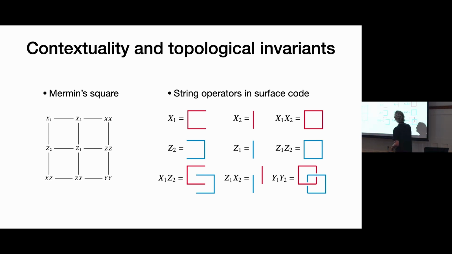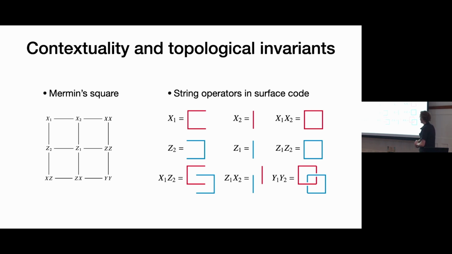And so the action's mostly going on in this bottom right-hand corner, the YY, when you embed that into this surface code, ends up being this twisted product. Everything else is just some partial string operators. So you have this X1 partial string operator and X2 partial string operator, and their product, which gives you a stabilizer of the surface code. Similar for Z. And these strings in space are shifted with respect to each other, although that's not really indicated here. You can see down here.